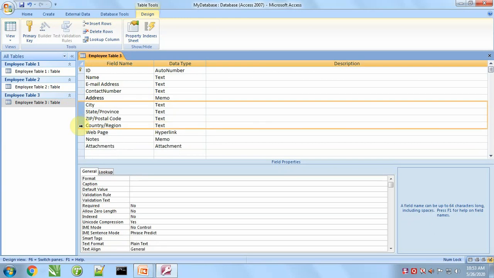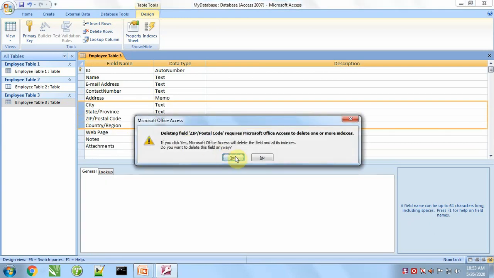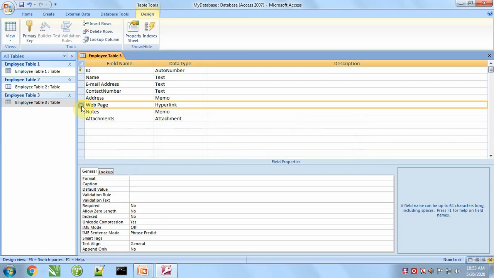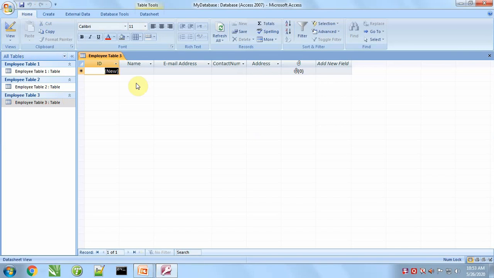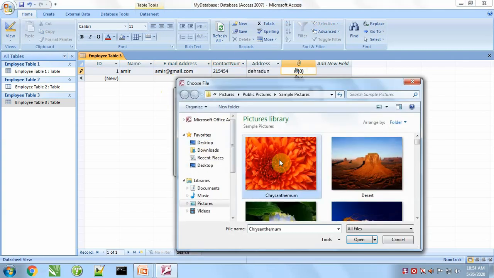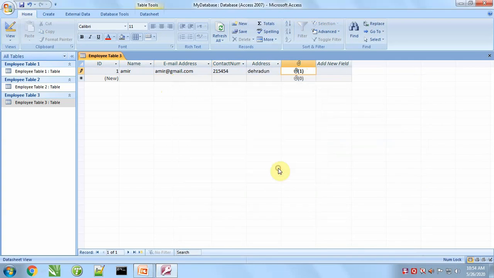Address is okay, but all these other things delete. So okay, now save, close, and double click on this table. Name, Amir. Like this we can fill records in this table.